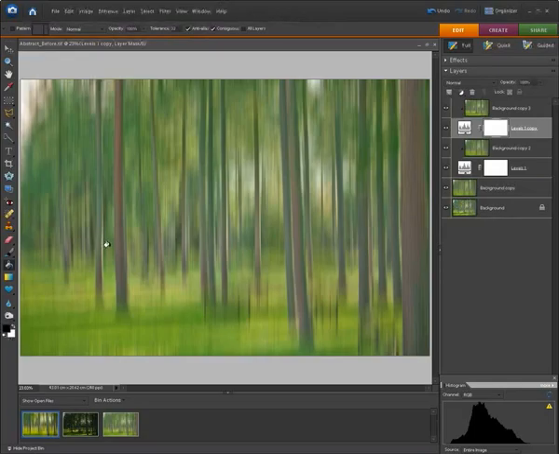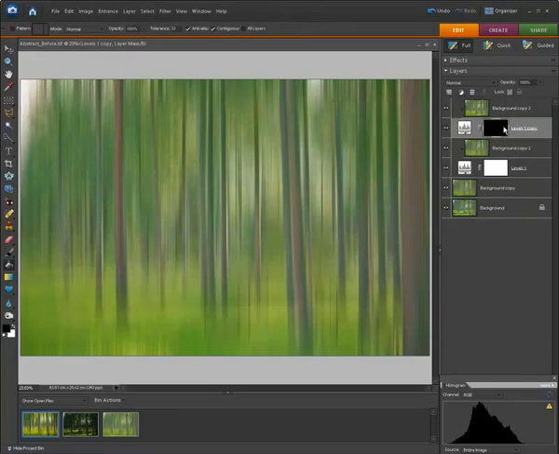To reset, just hit D on your keyboard, and just to switch your color swatches, just hit X, and what we're looking for is just to have black as our foreground colour. Once done, make sure you've got your layer mask selected and just left click, and you'll suddenly see it go